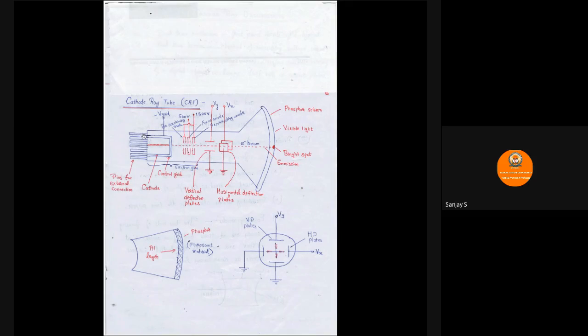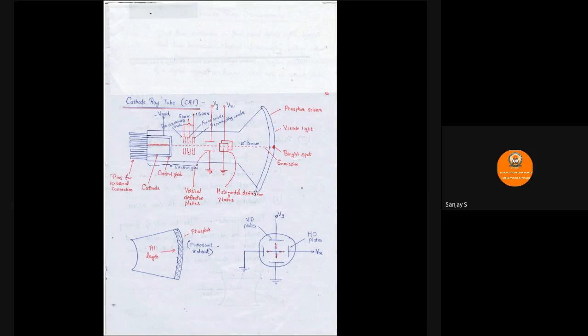On the left extreme end, it has pins for external connection for giving the supply, and here we have the cathode, control grid, and then we have the anode section, focusing anode section. We have three anode sections here: pre-accelerating anode, focusing anode, accelerating anode, and together it is the electron gun. Together the anodes as well as the cathode are called the electron gun. Then we have the deflection section, vertical deflection plates, horizontal deflection plates, and the dotted line here represents the electron beam, and